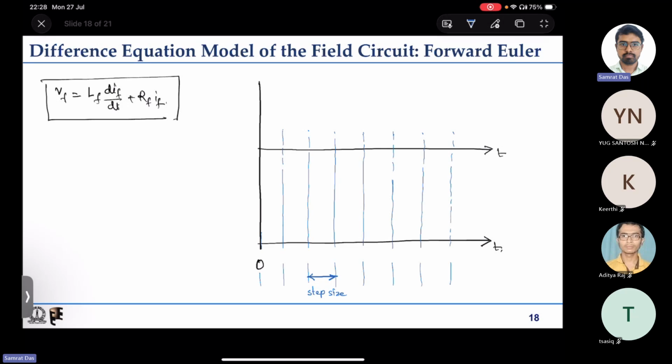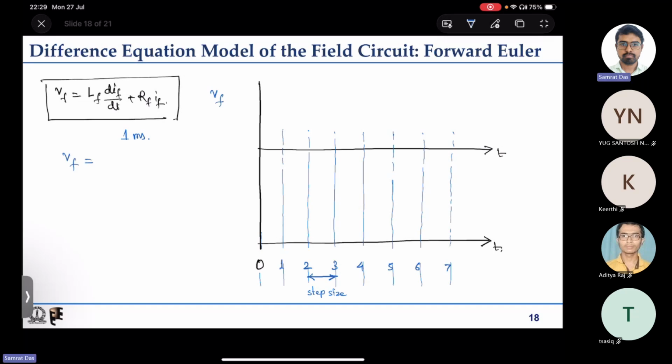Now say I have defined my field voltage to be like this. Say our step size here is 1 millisecond. So this is 0, this is 1 millisecond, 2, 3, 4, 5, 6, 7. Let us say I have defined